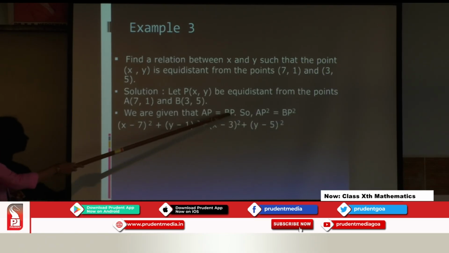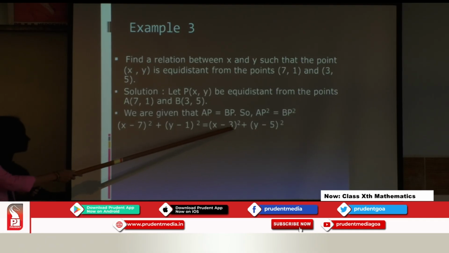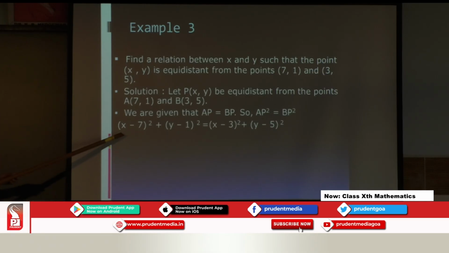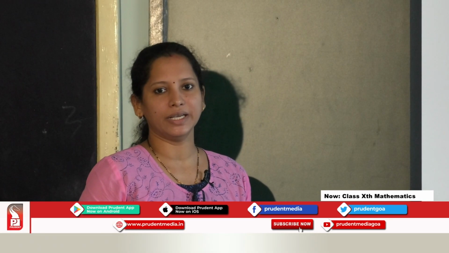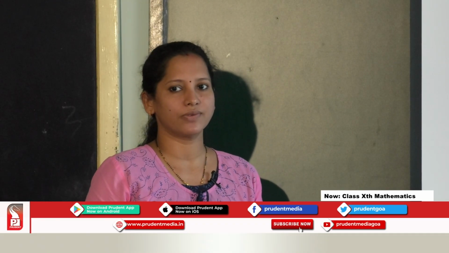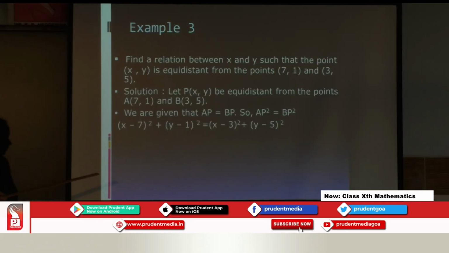So now AP, you have to take x minus 7 and y minus 1. So (x minus 7) the whole square plus (y minus 1) the whole square is equal to (x minus 3) the whole square plus (y minus 5) the whole square. Now how to solve this (x minus 7) the whole square? We have to use the identity (a minus b) the whole square is equal to a square minus 2ab plus b square. So this will be equal to